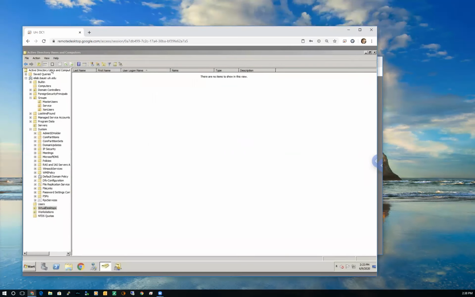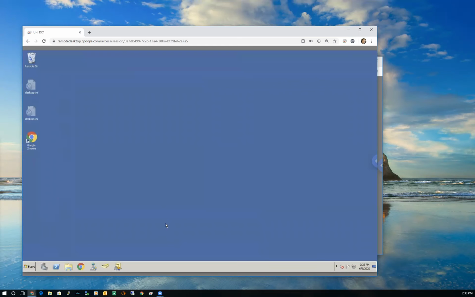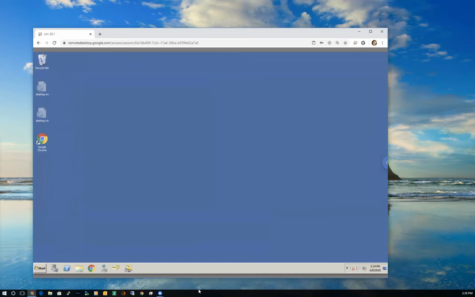So first thing you'll notice about Windows servers, and this is pretty much only unique to Windows servers, not to Hyper-V, not to Proxmox, KVM, other virtual environments or domain controllers in general, is their machines can work like workstations. So this DC1, UHDC1 here, is a workstation and a server at the same time. I've got Chrome installed on it, and I can use it to do workstation work, but I probably don't want to because I would slow things down.